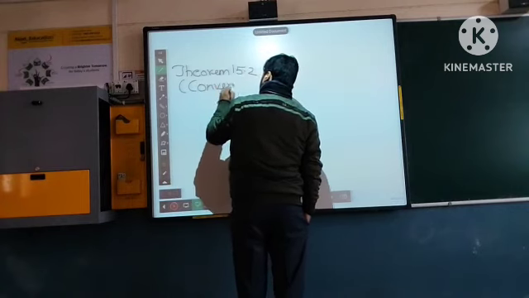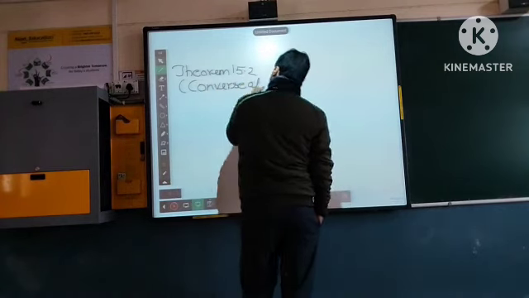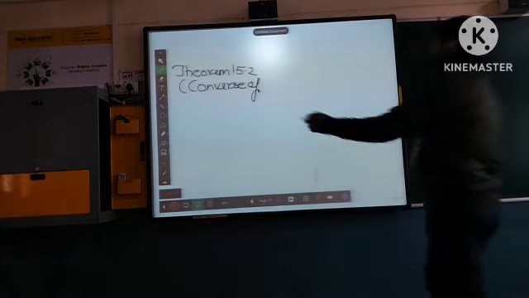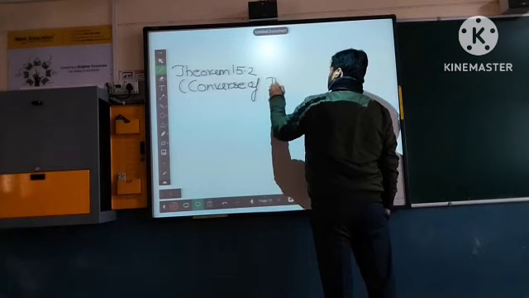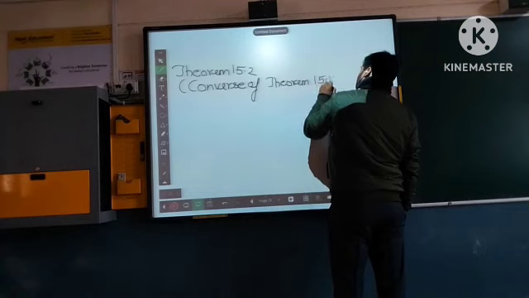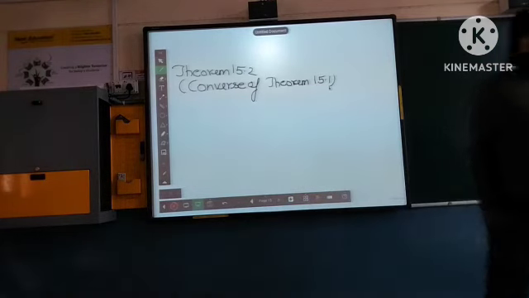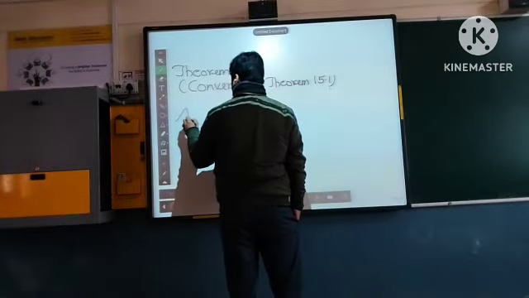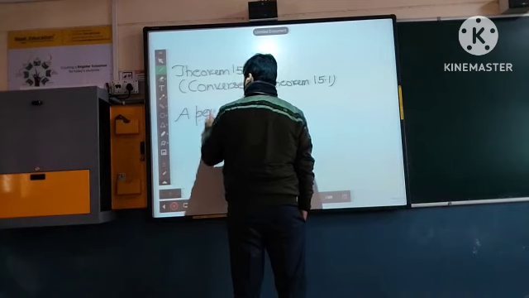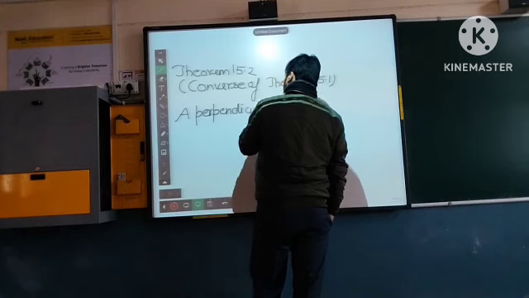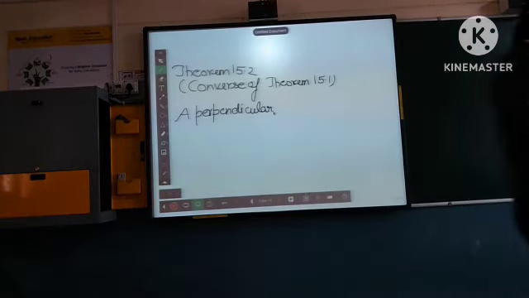This is the converse of theorem 15.1. And see, in theorem 15.1 we are proving that the line drawn from the center to bisect the chord is perpendicular. Here what you will say? You will say the perpendicular will be bisecting the chord. The perpendicular to a chord